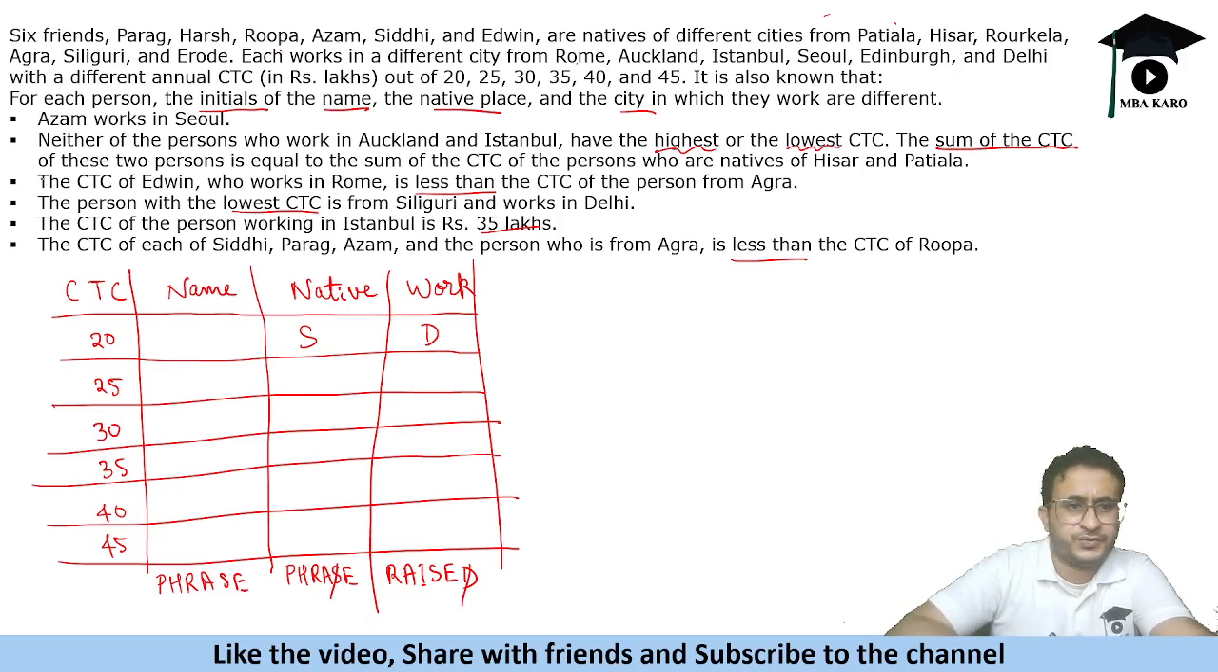Done. Right. So this is done. CTC of the person working in Istanbul is 35 lakhs. So 35 lakhs is Istanbul. So two things are done. Now